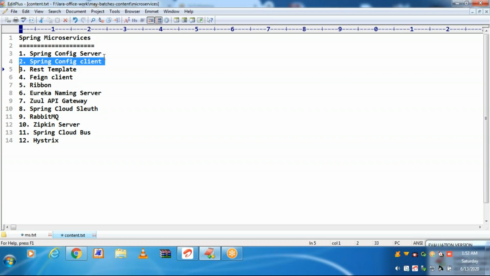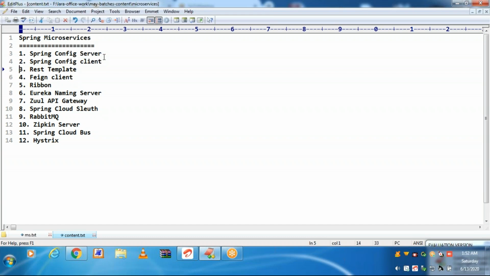That config client interacts with config server, and through config server, it can read the properties files whichever are configured in the Git repo.